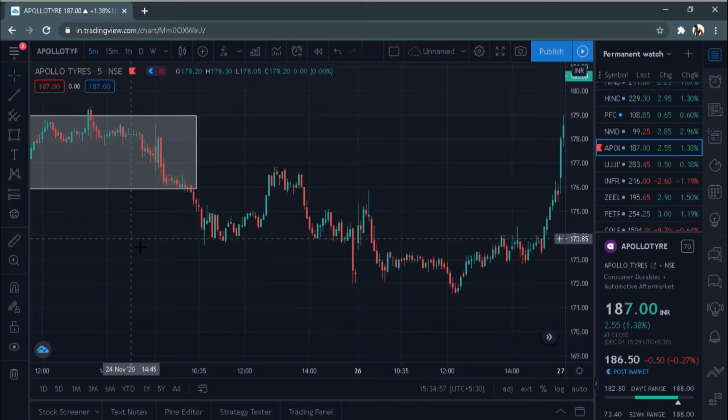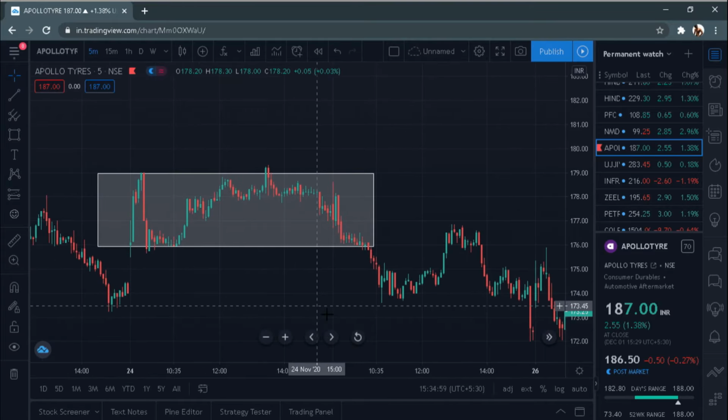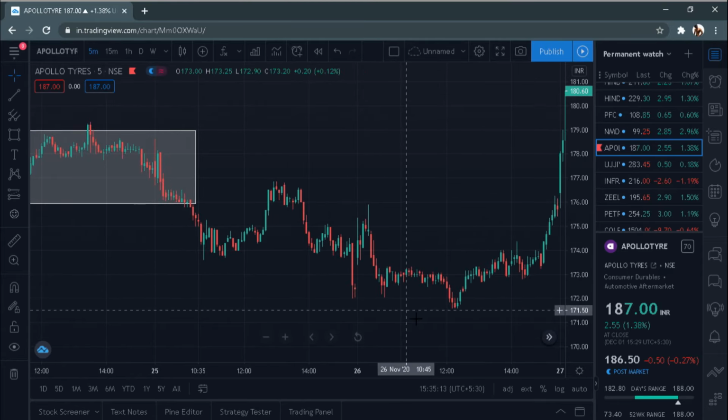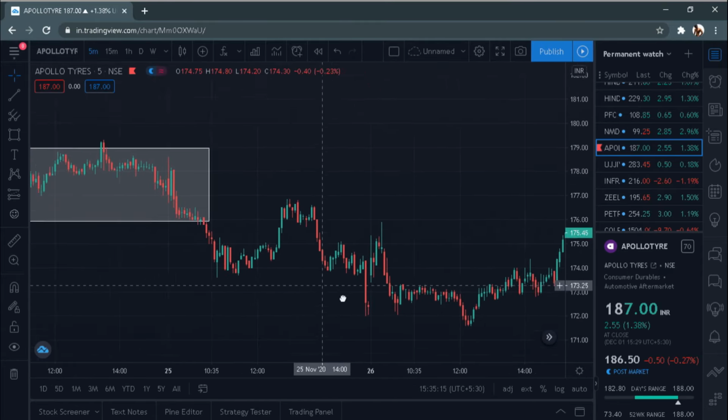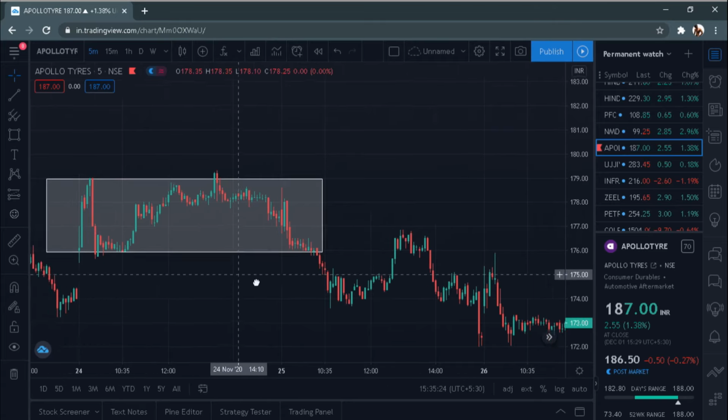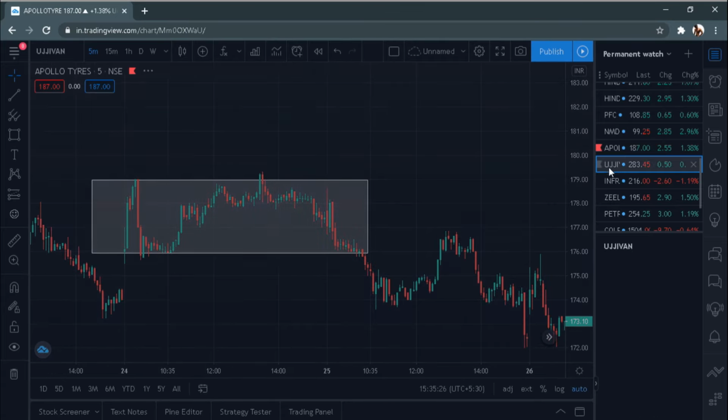So what you need to do is, if you cannot spot a trend, do not force it, do not force trade in that trend, just let the market come to you. Do not chase the market, always let the market come to you. After this broke the range where it was stuck, it formed a clear downtrend and gave a good opportunity. So that is what you need to do. You need to wait for the market to form trends and give you signals. Do not force your analysis, and if you cannot spot anything on a particular chart, then just switch to a